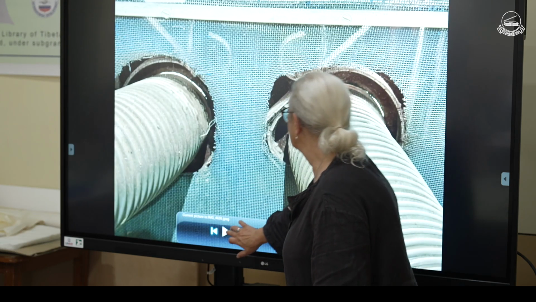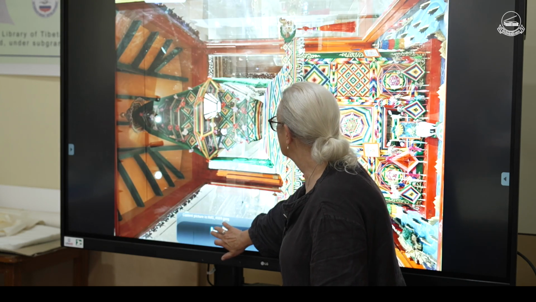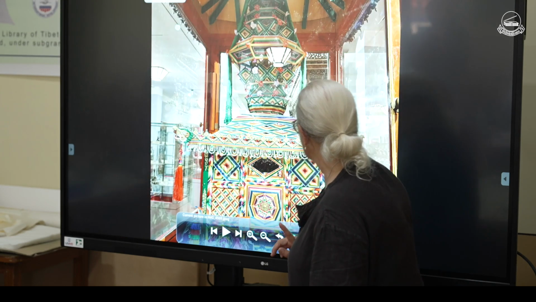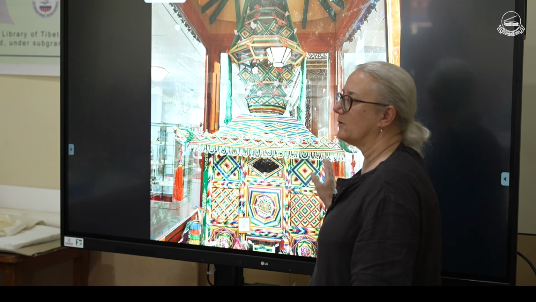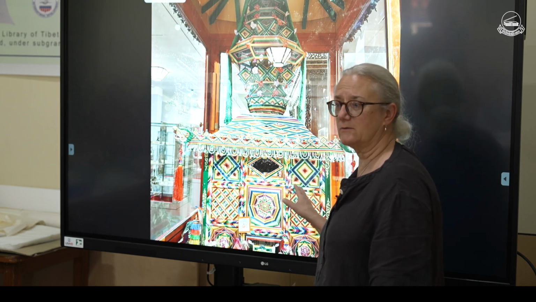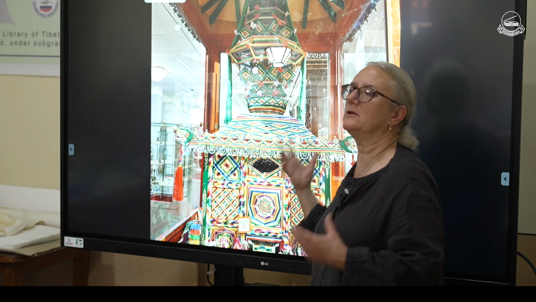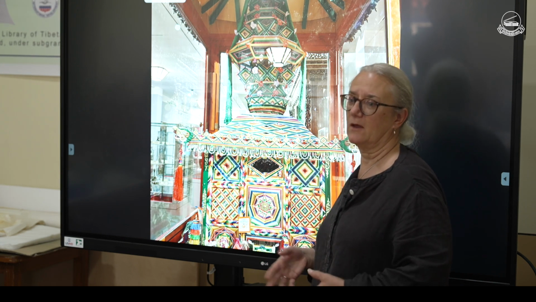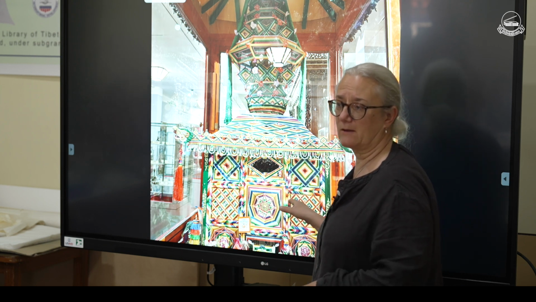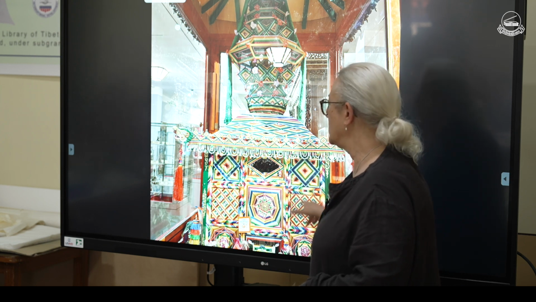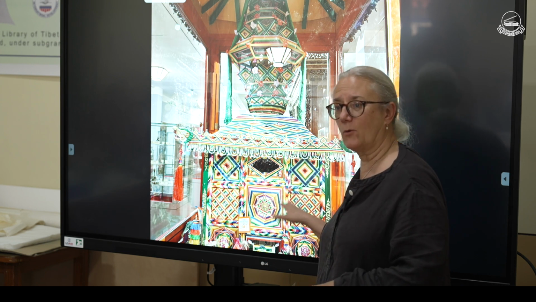And, oops, where am I gone? Gone the wrong way. Sorry, this is the object. And it's in a case, and I'm not sure how easy it is to get into this case. So it's also something you need to think about when you design cases. You need to be able to open them. And so when you have insect infestations, you really want to make sure that the case is openable.